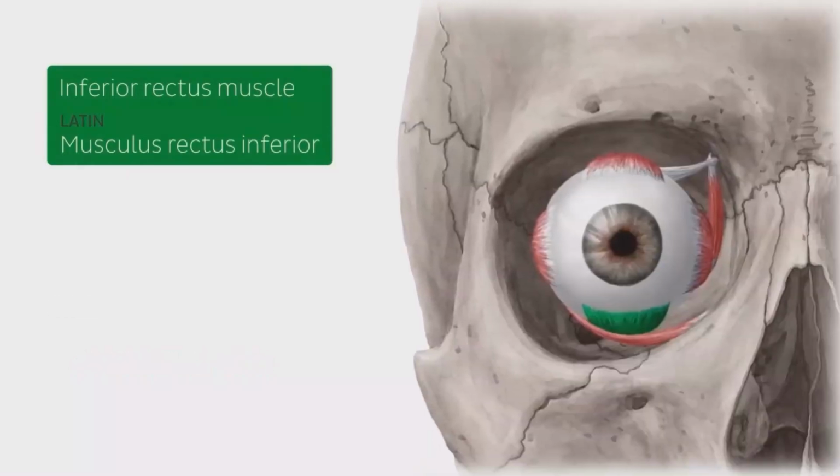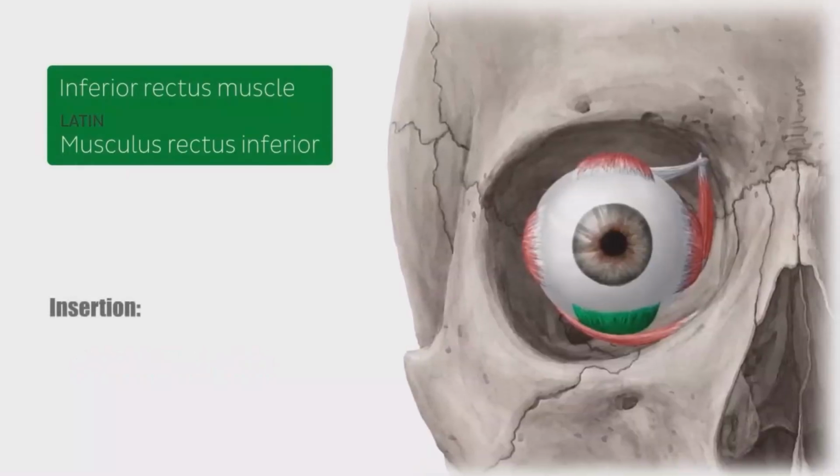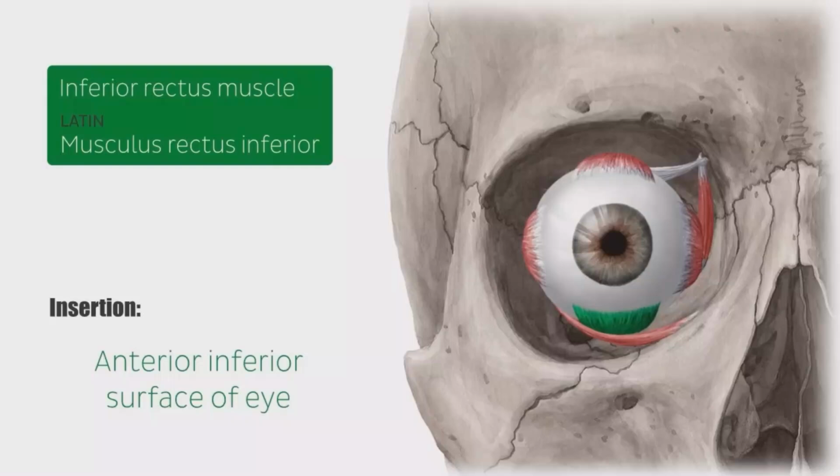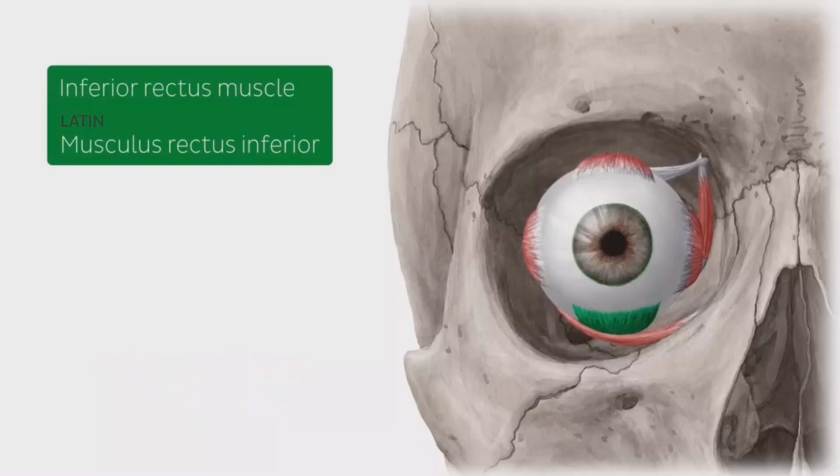The inferior rectus muscle inserts onto the antero-inferior surface of the eye, on the sclera, the white of the eye, about 6 millimeters posterior to the corneal limbus, indicated by the green circle, which is the border between the cornea and the sclera. When the eye is in a neutral position, the inferior rectus muscle is responsible for the following movements of the eye: